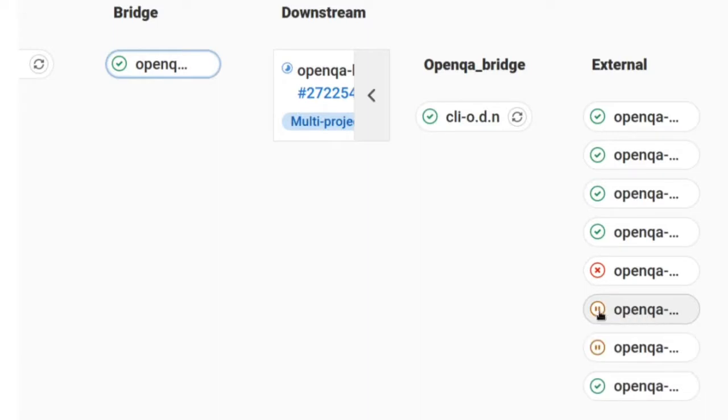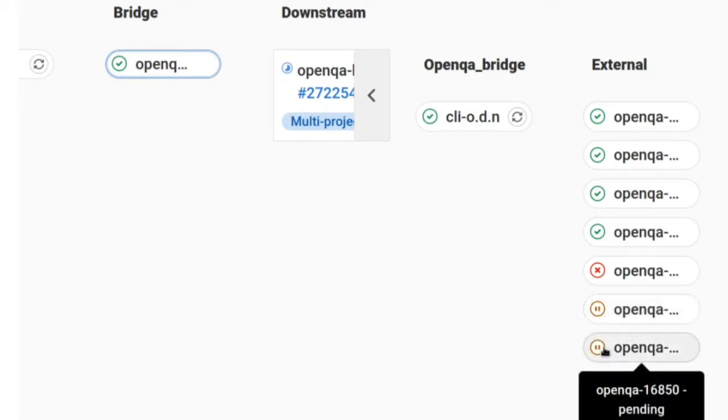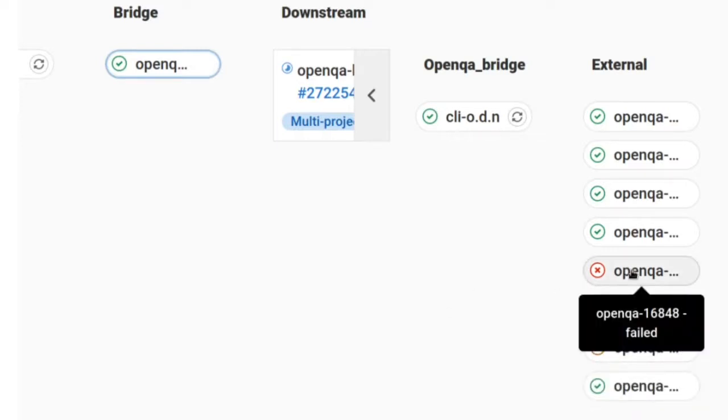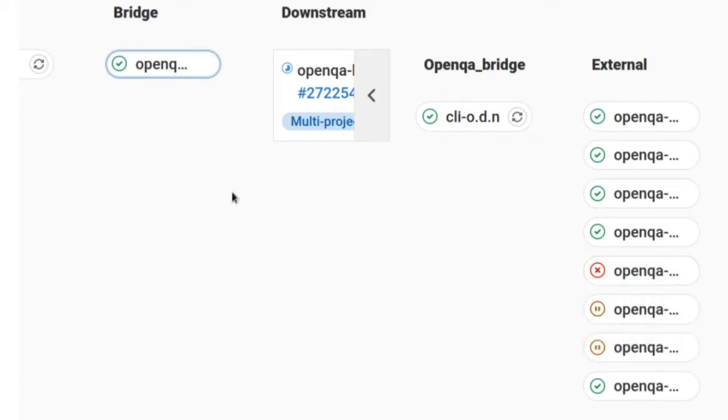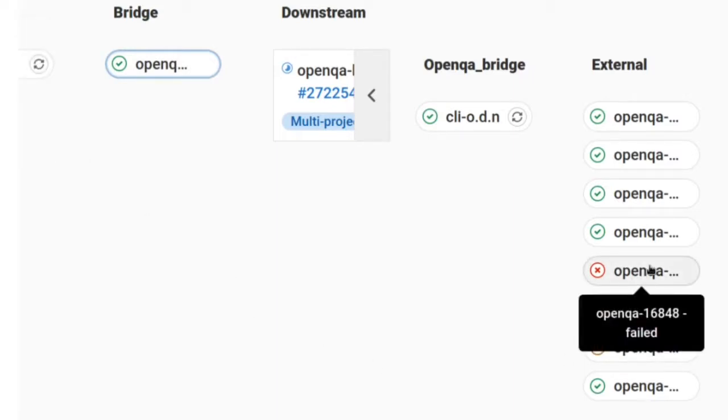For some reason these never came out of pending, despite the fact that the jobs did succeed. But one of the jobs failed. I wonder why that is. Well, another thing that I want to point out is you can make these triggers dependent. So you could make it so that because this failed, then this trigger would have failed, and because this trigger failed, the next trigger failed, and you could do that all the way back to the beginning and have it so that a failing test in OpenQA causes a failed